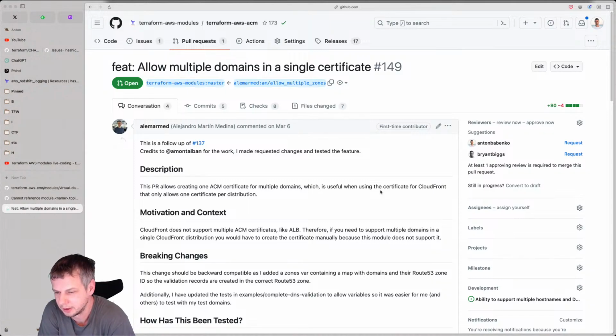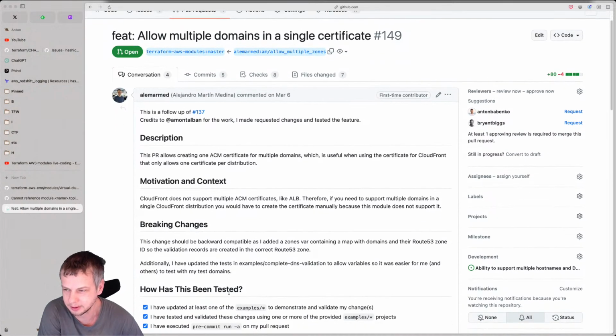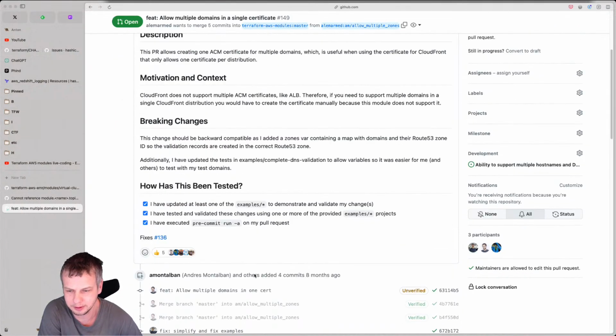Additionally, it's going to be tricky to check, but okay. Additionally, I have updated the tests to allow variables, so it's easy for me and others to test with my test domain. I think we already have it as variable. Maybe not.